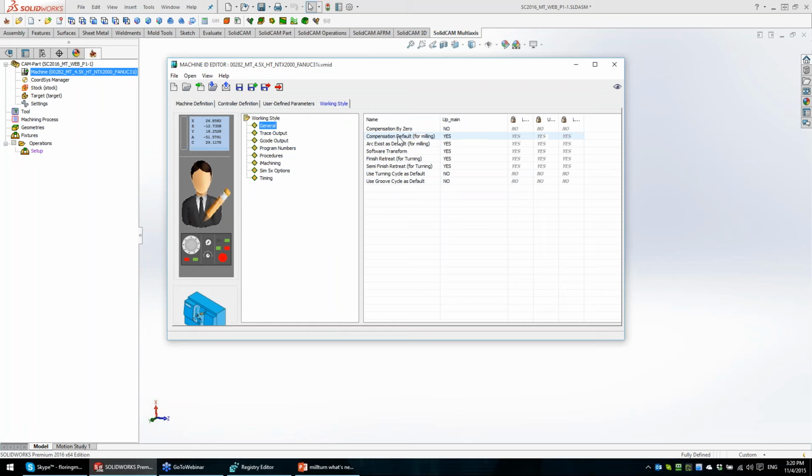A machine can have compensation with upper turret, and compensation for lower turret is disabled. It's not active on the machine. So today we have the possibility on each submachine to define different properties. Arcs: one submachine can work with arcs, another cannot. So today each submachine has its own properties, and more